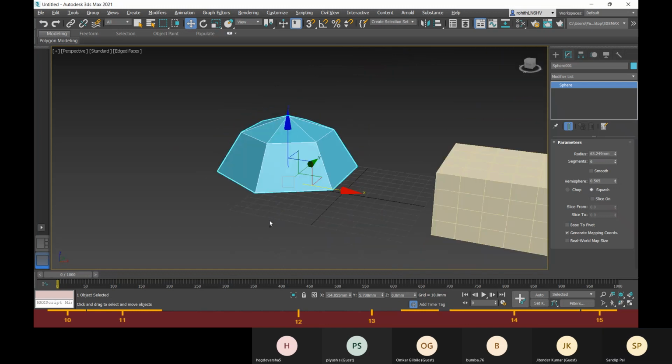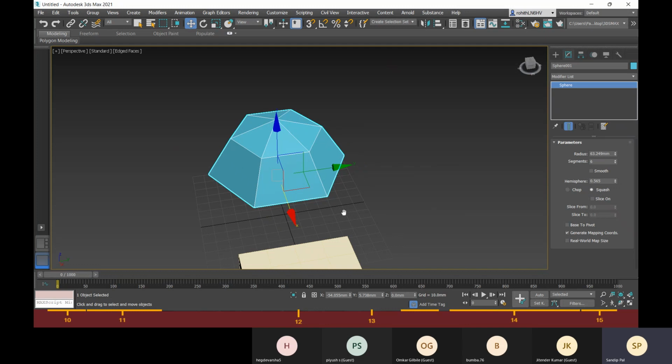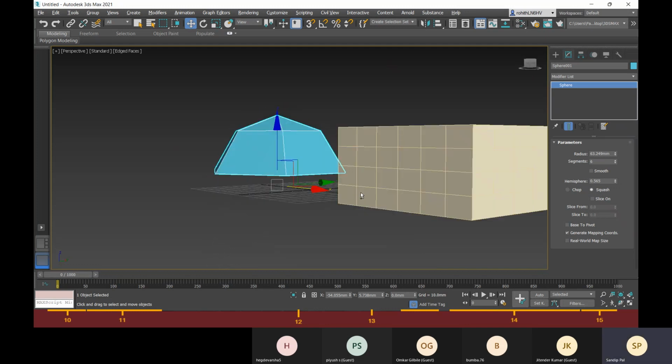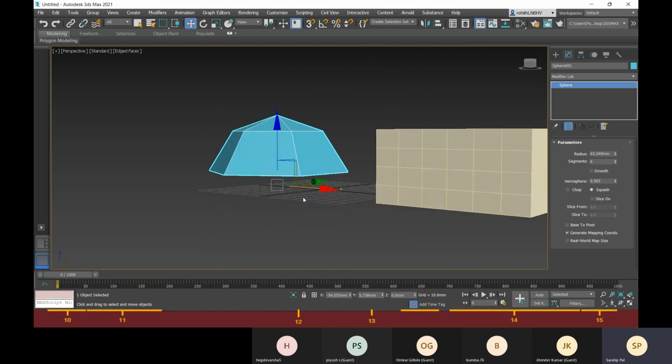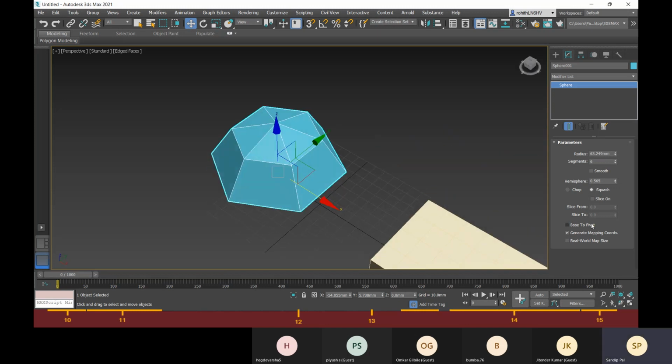And this will help you have an idea that this shape can later be achieved into another form, right?